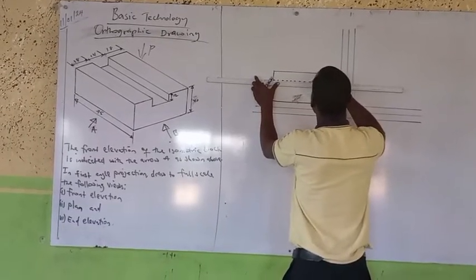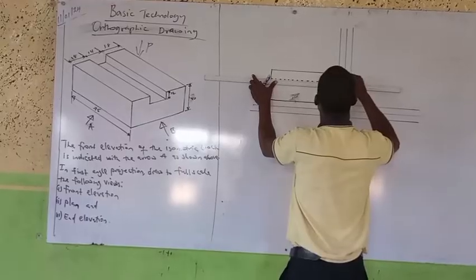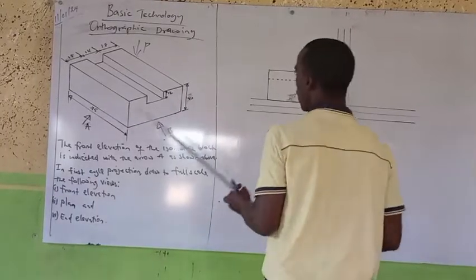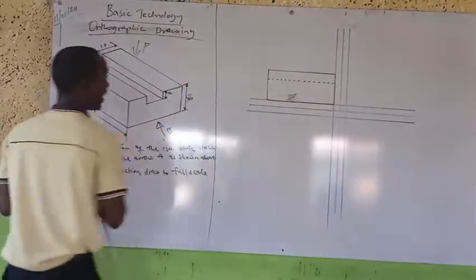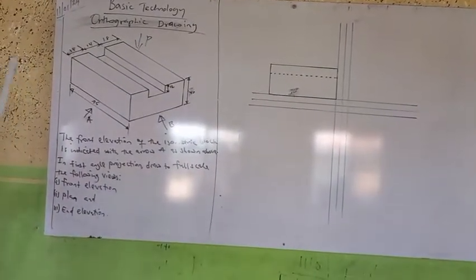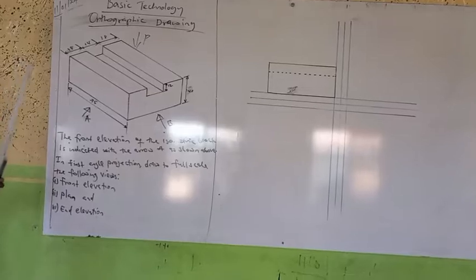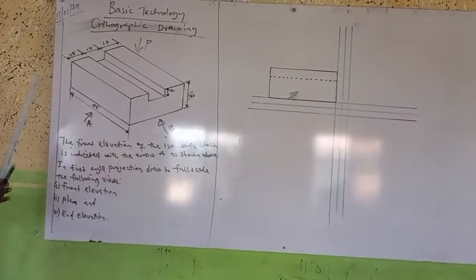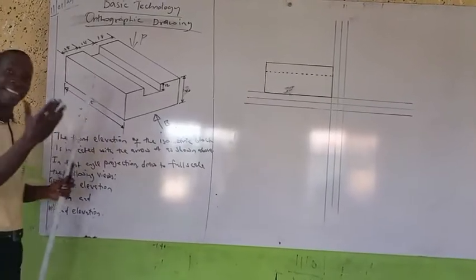Okay. This is my short dashes. Simple. All right. Now that is about the front elevation. Now the next one is the plan view of the object. The plan view. When you view it, you know we said that